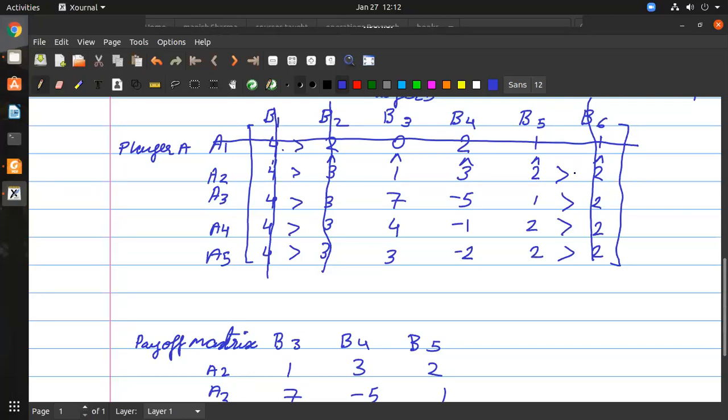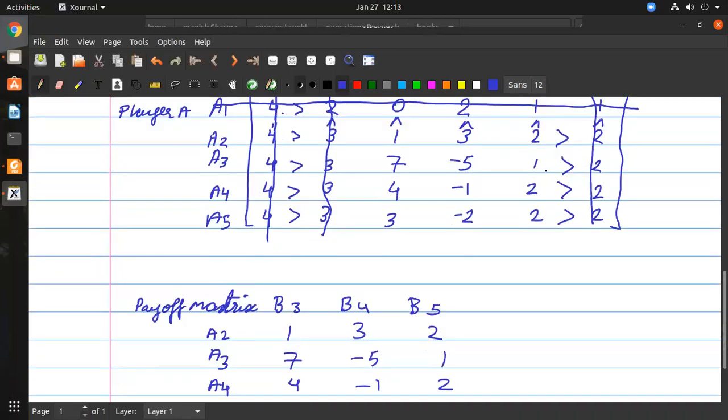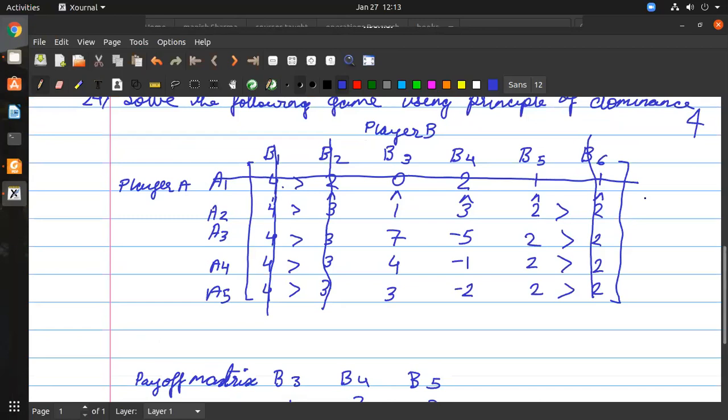And if we have an equal value in that place, if this is also equal, then what is the difference? See, all the values are the same. So this type of case will never be there, because this means both the strategies are the same. In case, for example, we are eliminating some rows, and by elimination of rows there is a case like this, then you can eliminate any one.